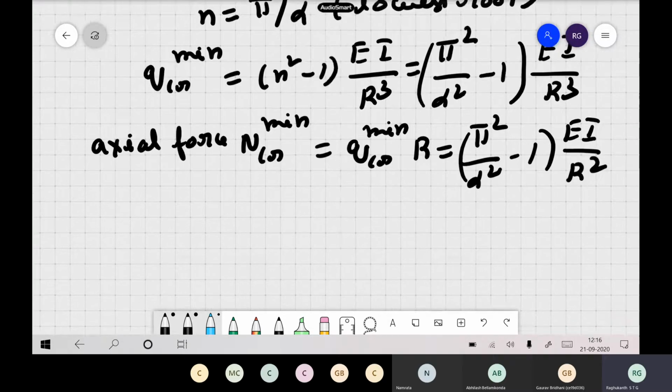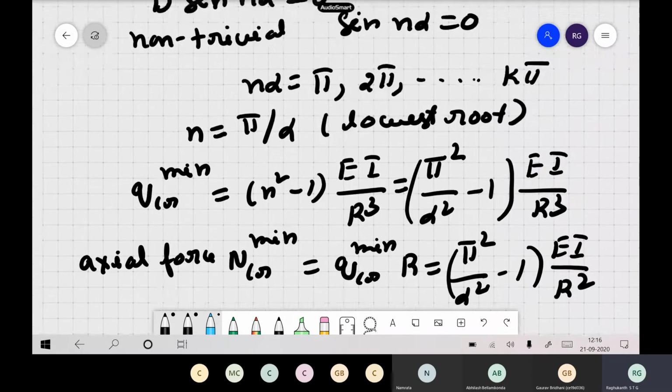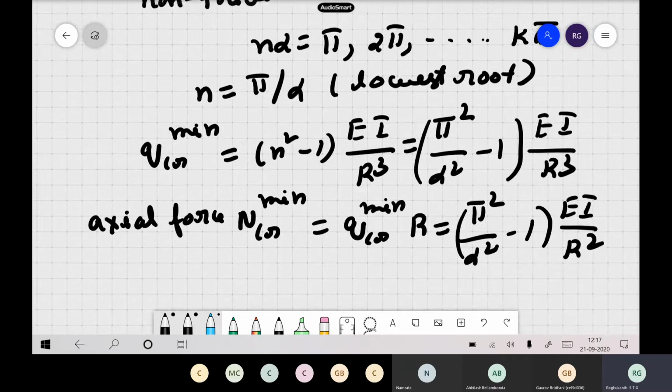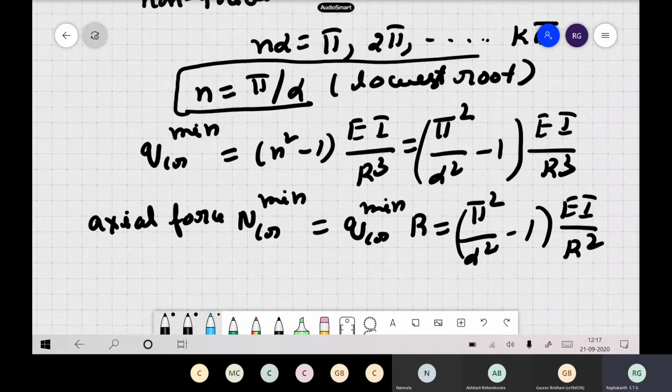Now, as some of you asked, whether symmetric mode or unsymmetric mode. Same problem, now assuming it to be a symmetric mode, use the other boundary condition, and then you can once again solve the problem itself. So for symmetric and unsymmetric mode, you have to change this boundary condition here. Then you follow it. You can see that the symmetric mode will give you higher values. The lowest value here is π by α. But if you take the symmetric mode, this gets slightly higher. That's why we can verify with the asymmetric or anti-symmetric mode itself.